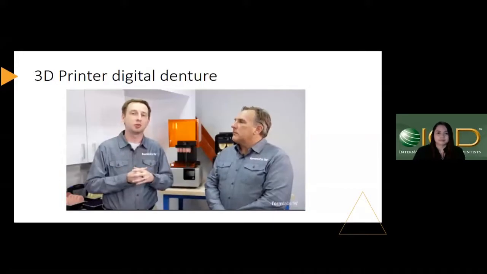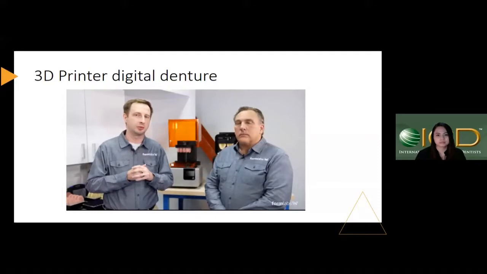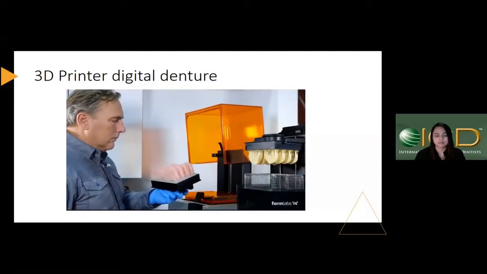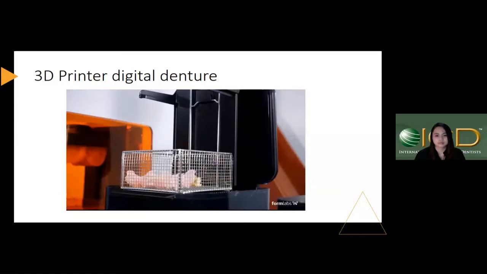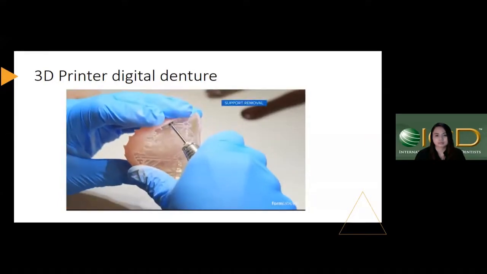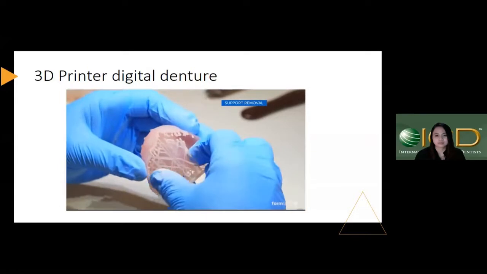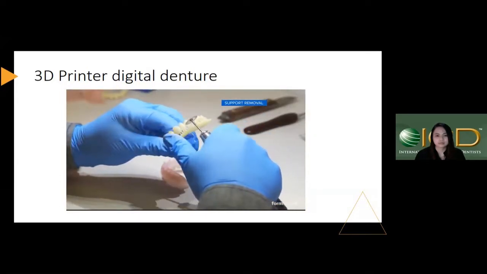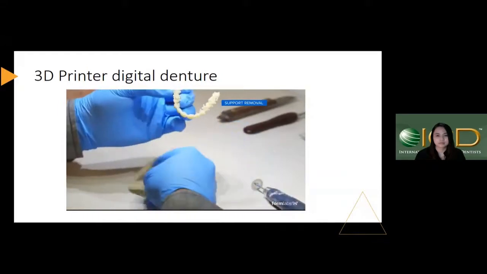In this section, we're going to go through the workflow and how to post-process and finish a 3D printed denture from the Form 2. We will be picking up right after the parts have been removed from the build plate and washed. We will be starting with removing the supports from the denture base and the denture teeth. To remove the supports, Bill's using his dental handpiece and a cutting disc to cut the supports and smooth them